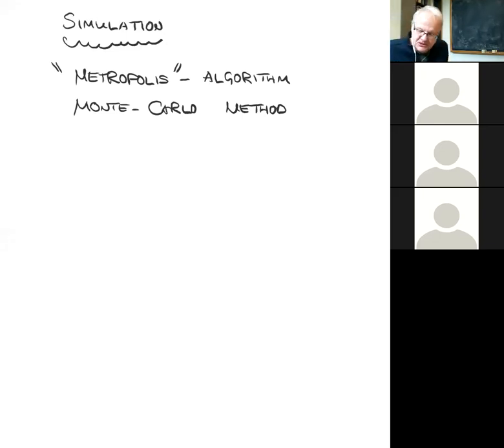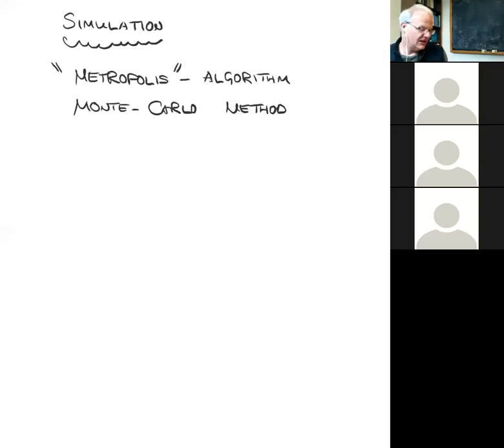And the algorithm, as you'll see in a second, uses randomness in an essential way. There's a place in the algorithm where effectively the computer has to throw dice. The name Monte Carlo simply refers to the Principality of Monte Carlo, where they have Monaco and its famous casino, where people throw dice. So that's where the Monte Carlo comes from.